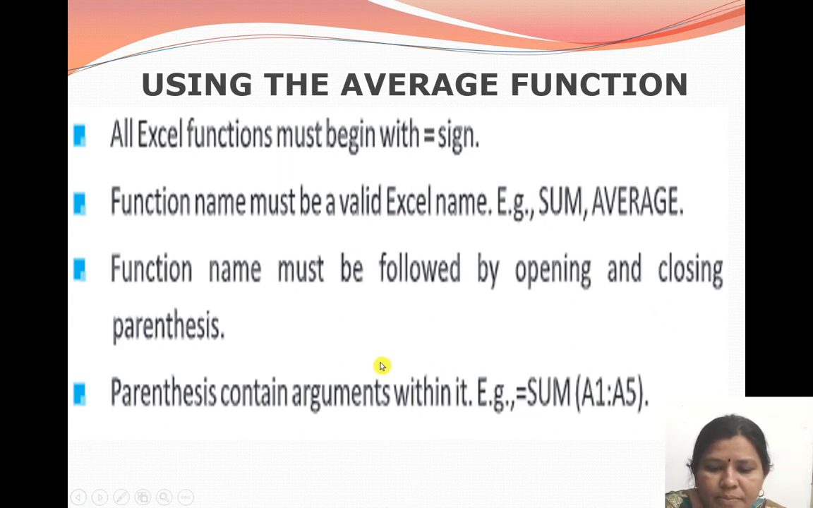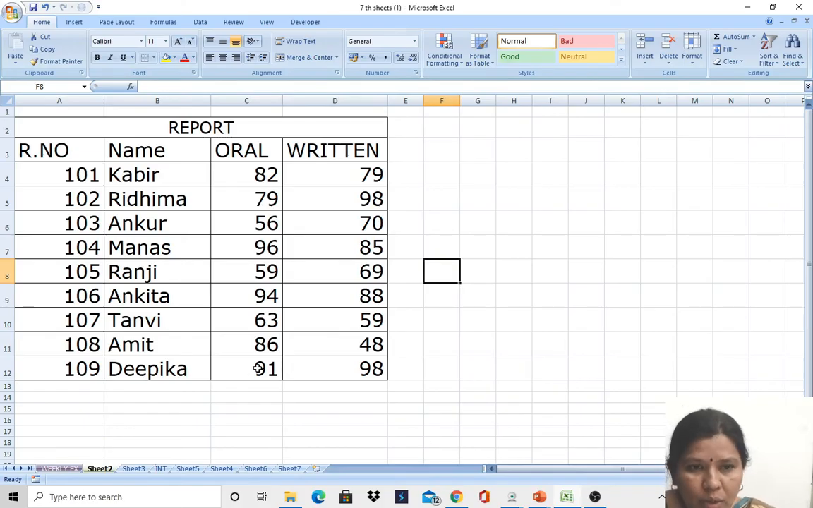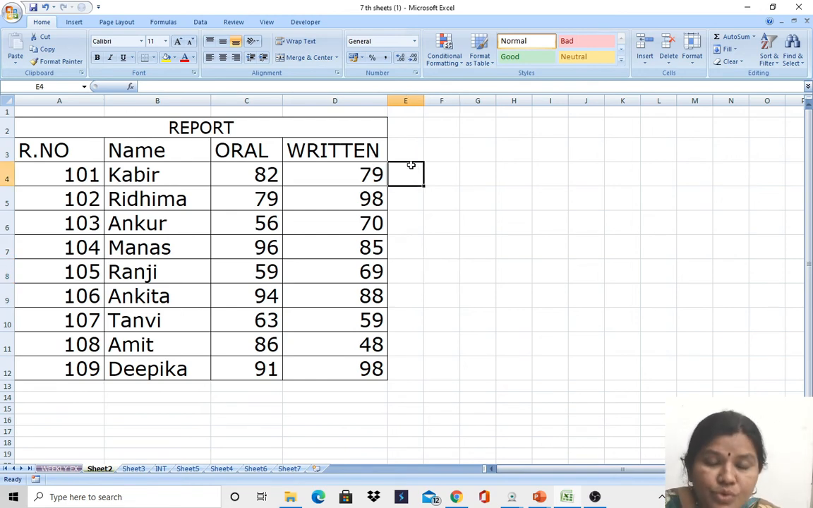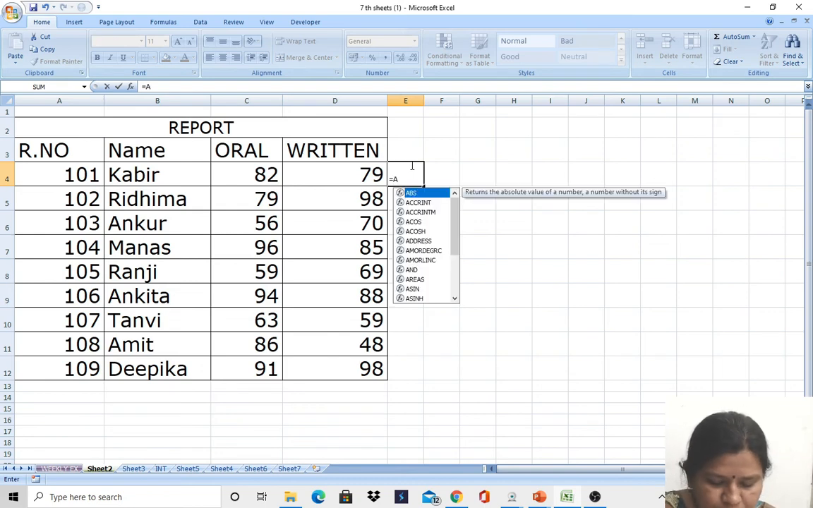For example, now I want to calculate the average. So using the average function, I want to calculate the oral and written average. So we write it, and it should always start from the equals to sign. So what do I want to calculate? Average of oral and written. Average,